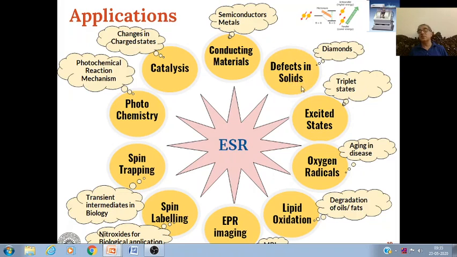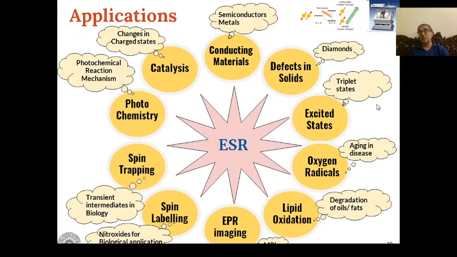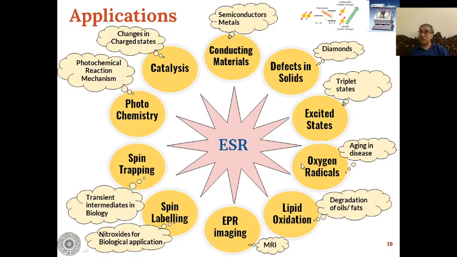Now we have different nuclei with different spin. In the previous examples, we have seen that the nuclei were different, but the spin was the same. Here the spin is also different for the different nuclei. So we have to calculate like this. Here we have two equivalent nitrogens and four equivalent hydrogens. Nitrogen has I equal to 1, whereas hydrogens have I equal to half. These are four hydrogens and these are two nitrogens.